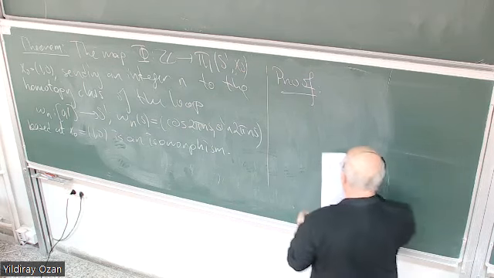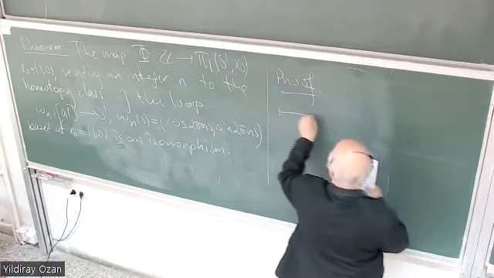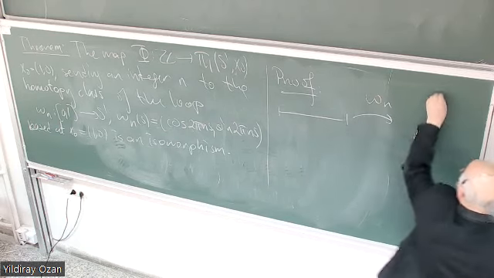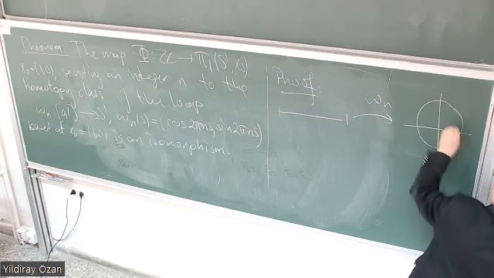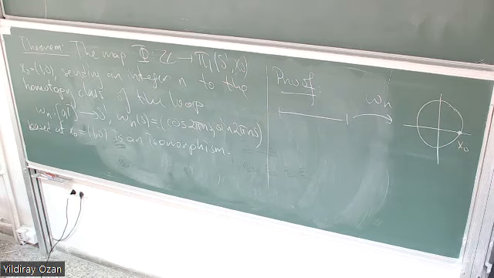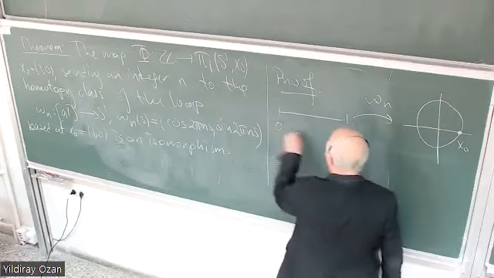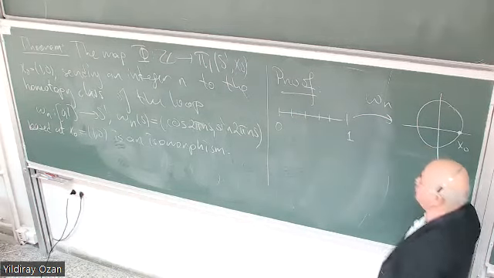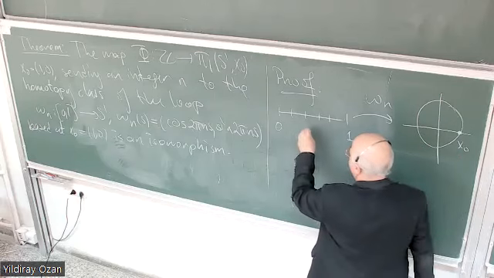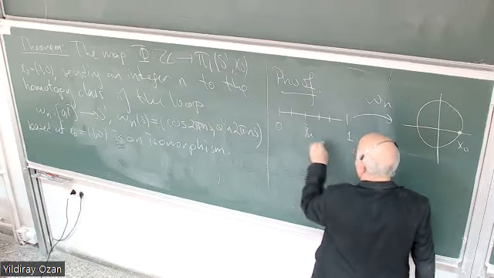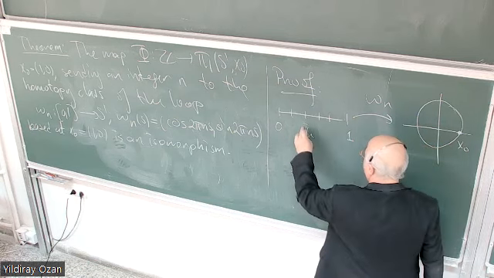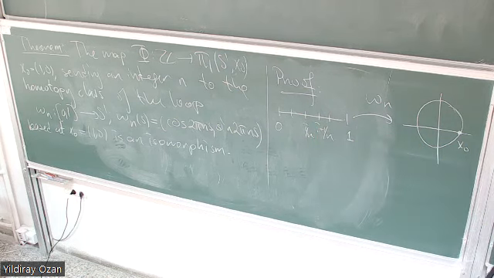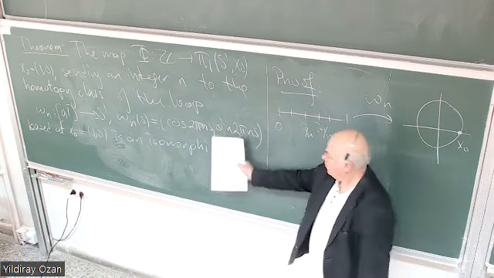And the proof will be as follows. Okay, so let me first draw a picture. So this is the point x0, and this is the interval 0 to n. And you see that we divide this interval into, let's say, n subintervals. Say this is i over n, this is i plus 1 over n. And from the